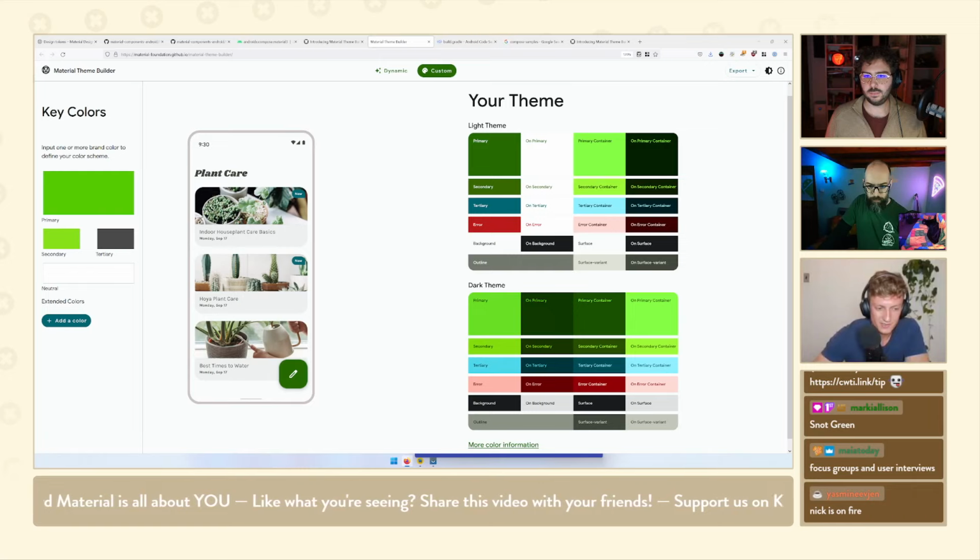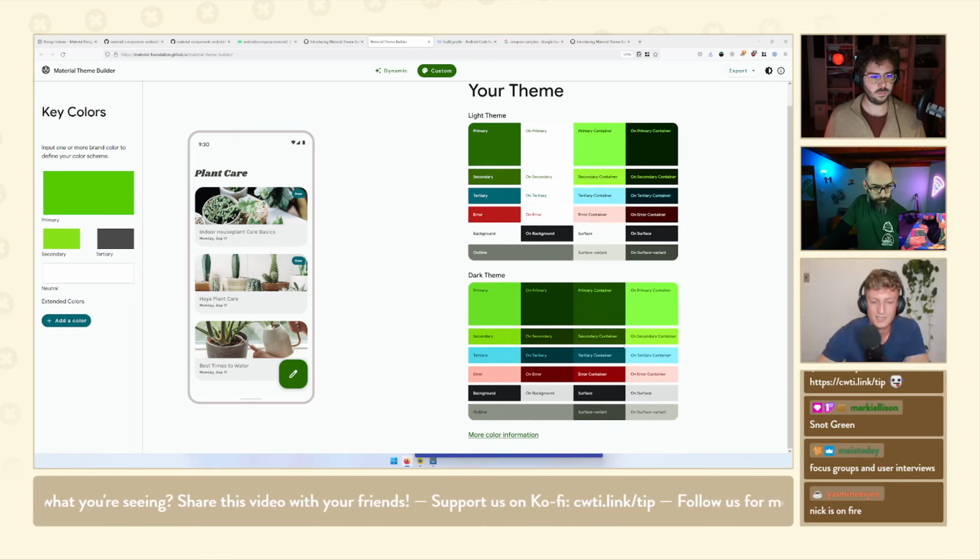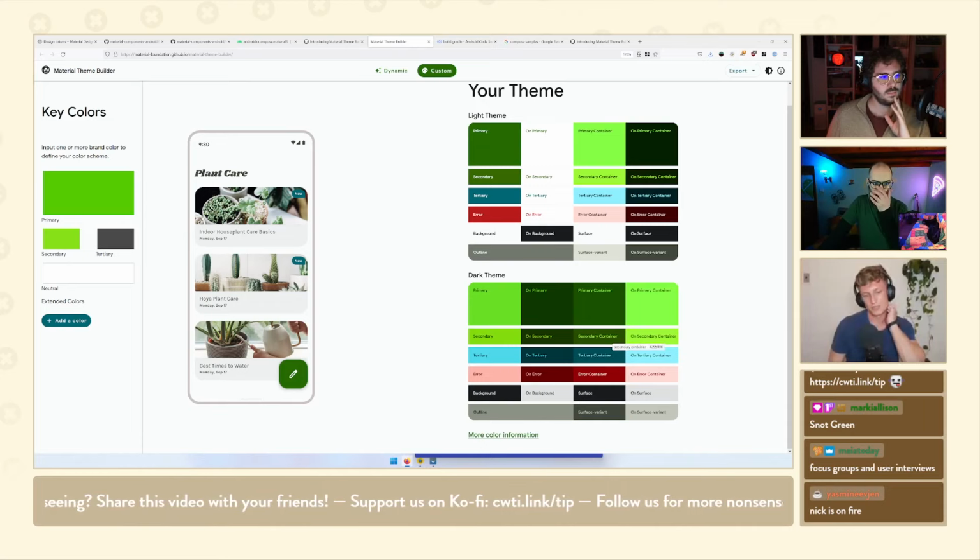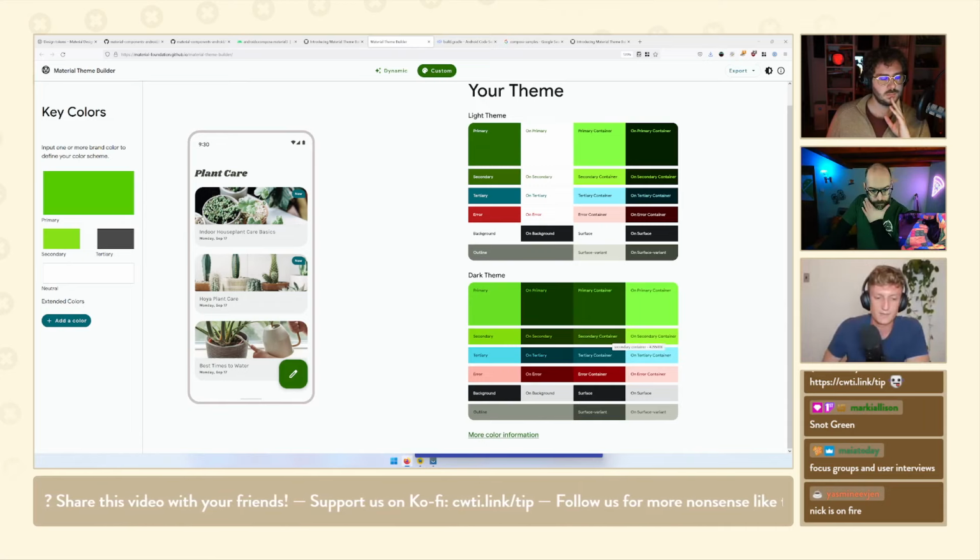What it's now spat out is a theme that has taken on these primary and secondary colors and expanded them a bit. It creates tonal palettes from each of these colors and then maps them to a certain slot in this theme. There is a visualization in the middle, but this looks nothing like the colors we chose.